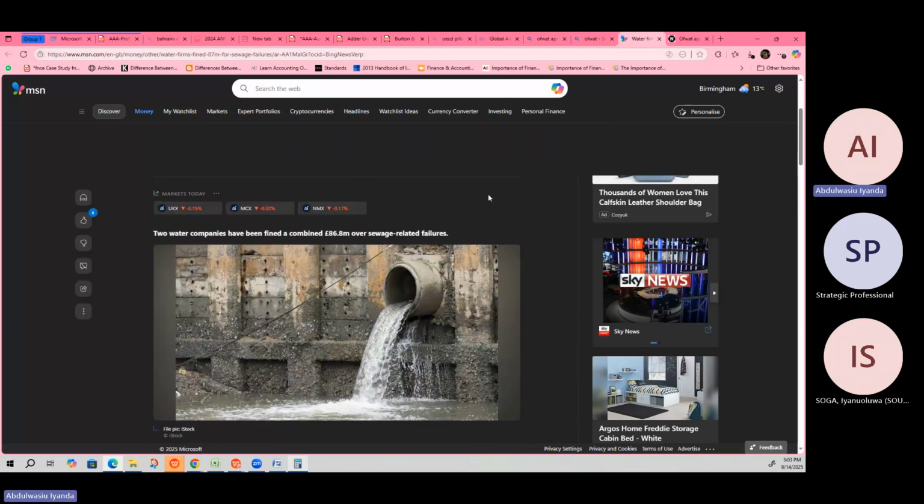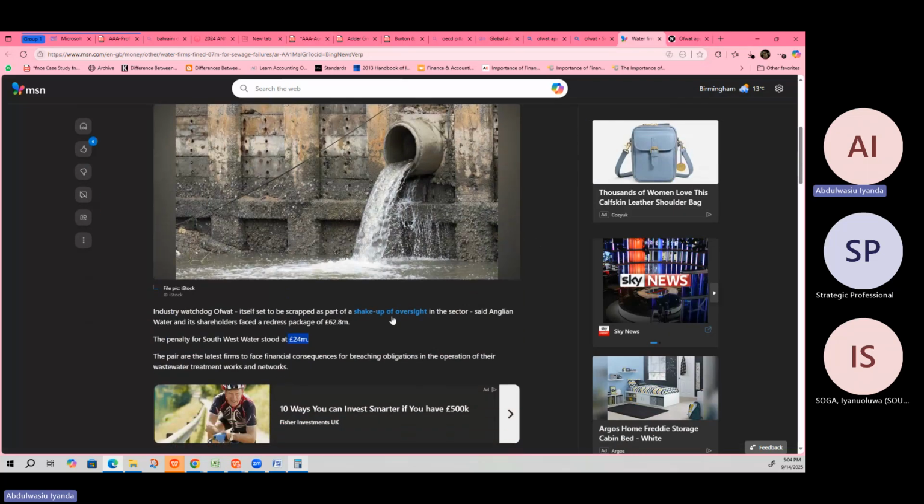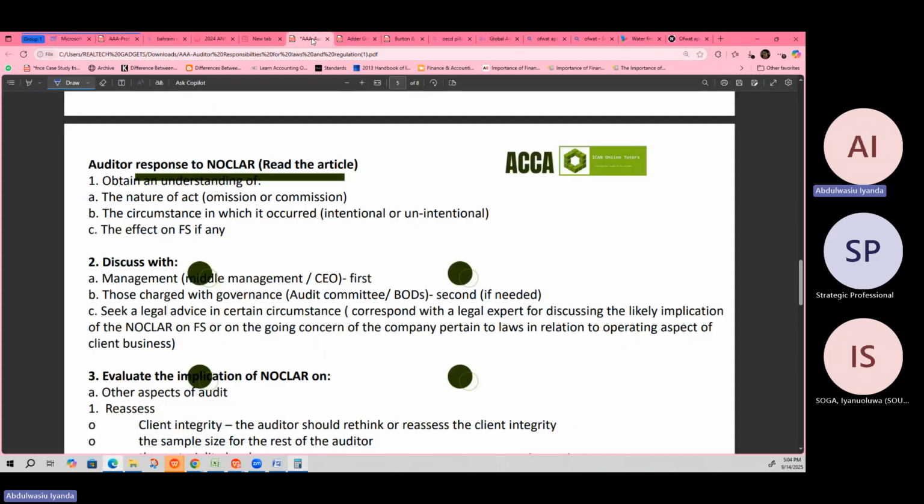For them to ask you to pay this particular fine, and this one is on sewage. So it's like the recycling was part of the business. Then what is the impact? I know the impact already, but there are sometimes that we'll still fight it. This is a very material amount. If you have 68 point, this is almost like 63 million in your financial statement. This is very, very huge. So that is the first thing that the auditor needs to do.